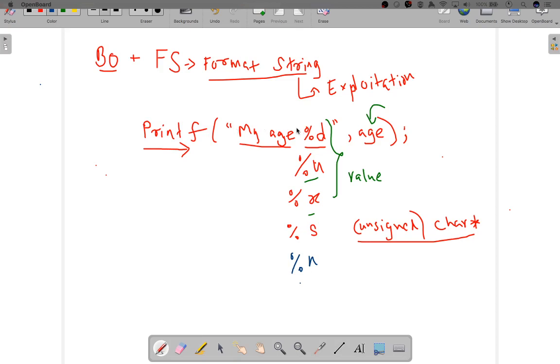And all the trouble comes when you're getting all these arguments from the user, right? So there can be a situation, so we'll try to understand this,